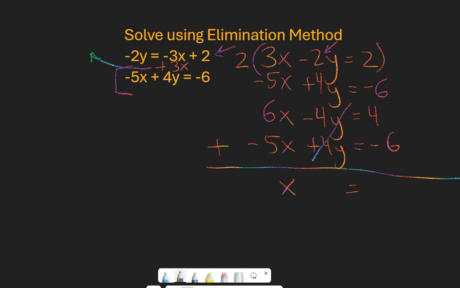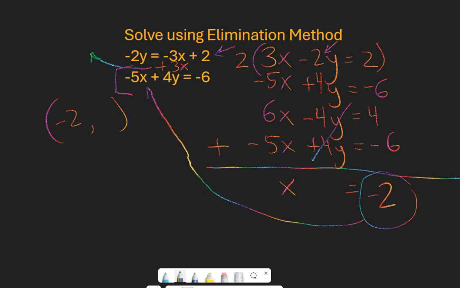And negative 6 plus 4, opposite sign. So I'm really in my head, I'm going 6 minus 4 is 2. 6 is bigger than 4, so negative wins. And I have my x equals negative 2. Very nice. Now, to finish this problem, I just have to take negative 2 and go plug it in here